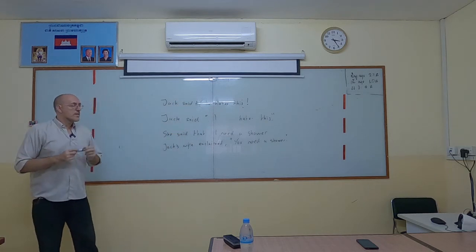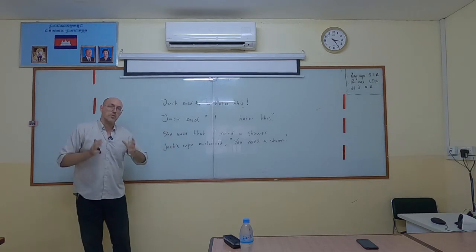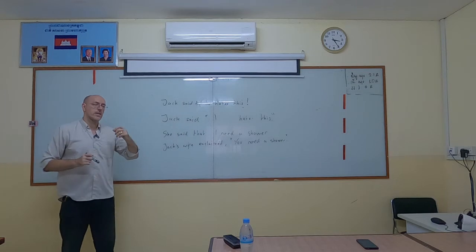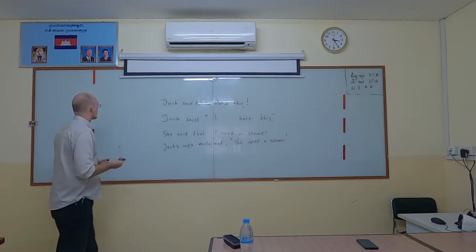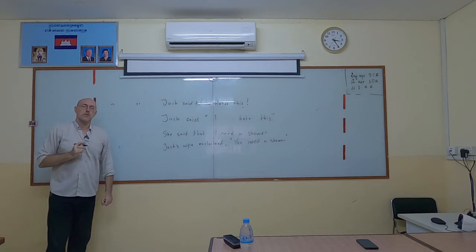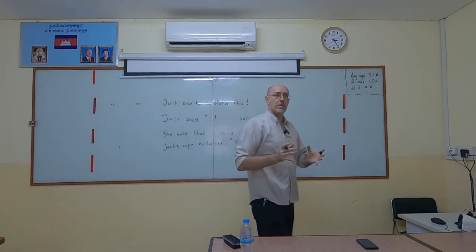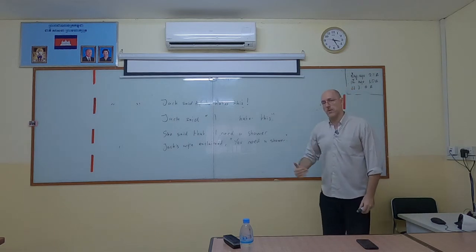Now, the rule is direct is directly quoted. It's when we use the absolutely correct words that the person spoke. Okay? That means that we're speaking with absolute accuracy and reliability, so we are doing it directly, and it uses quotation marks. Quotation marks means we're quoting somebody. This means that we're actually taking their words and we're giving you their words without fiddling with them, without changing them, without perverting or corrupting them in any way. They are absolutely as they were spoken.